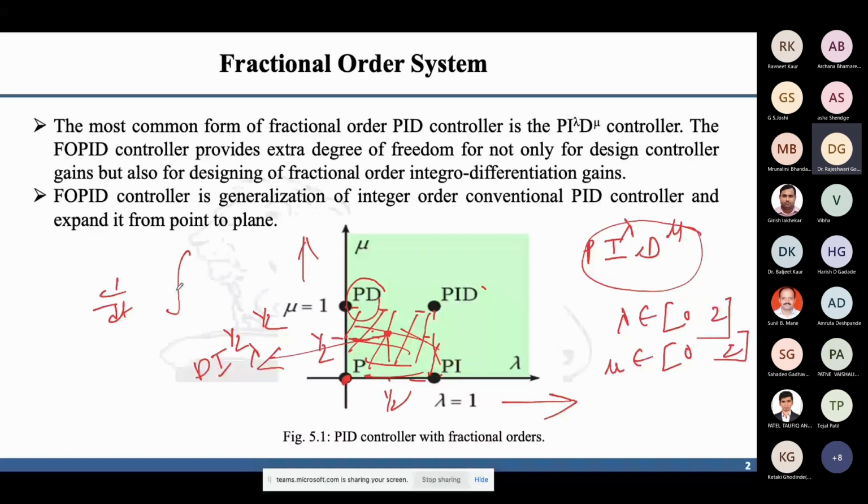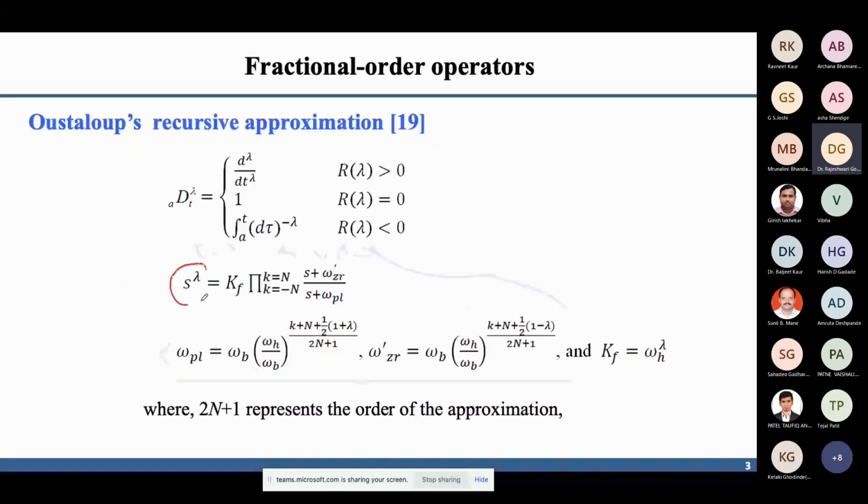What we are using, like what I did in my paper, I can show you, right? This is your Oustaloup recursive approximation, right? Here, one of the approximation techniques is s power lambda, where lambda is between 0 and 1. How can it be approximated with this particular concept, s plus omega, s plus, this is a pole and a zero, and this value can be calculated with the help of this formula. This is one kind of IIR filter, right? So I'm not going into the detail of this. This is again a different domain, right?